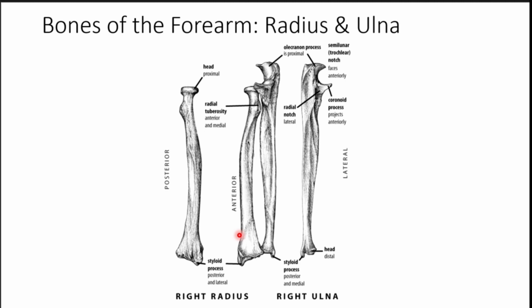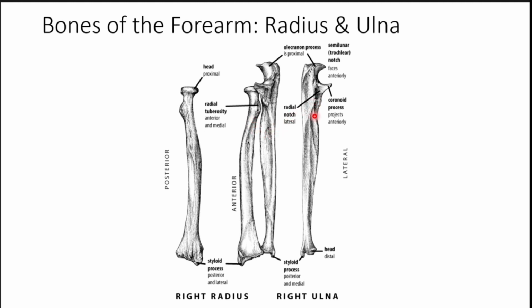Moving past the bones of the arm, we have other bones of the forearm that articulate with the humerus of the arm, notably the radius and the ulna. Important bony landmarks of the radius and ulna that articulate with the humerus are the head of the radius, the radial tuberosity,